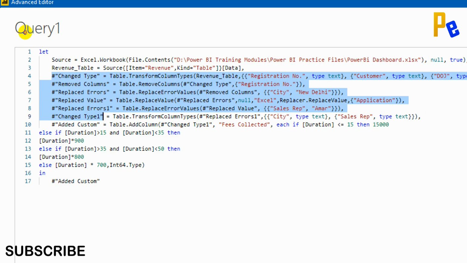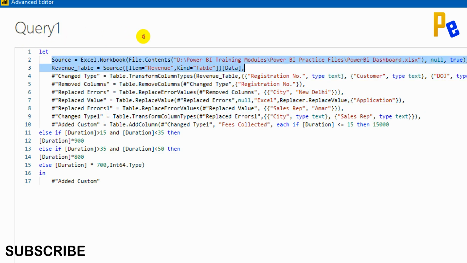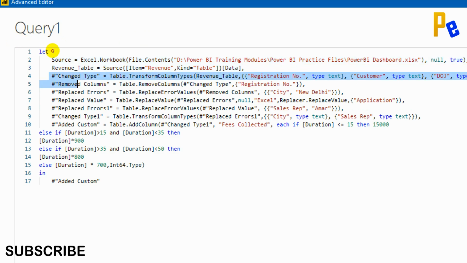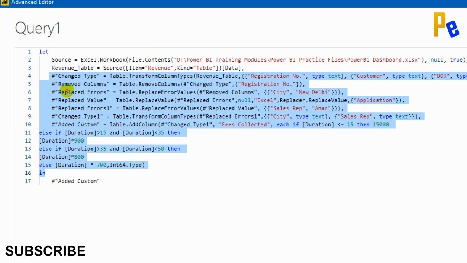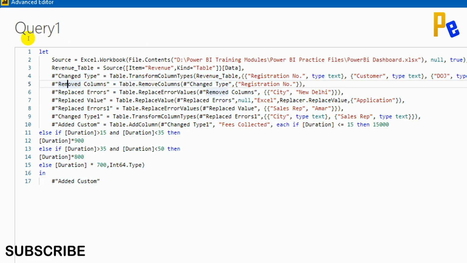So these are the first steps, the extraction steps, and these are the transformation steps. We use the E alphabet for extraction, and we are using all these steps for transformation. All the transformation steps have a hashtag and, within double quotes, the name of the step.